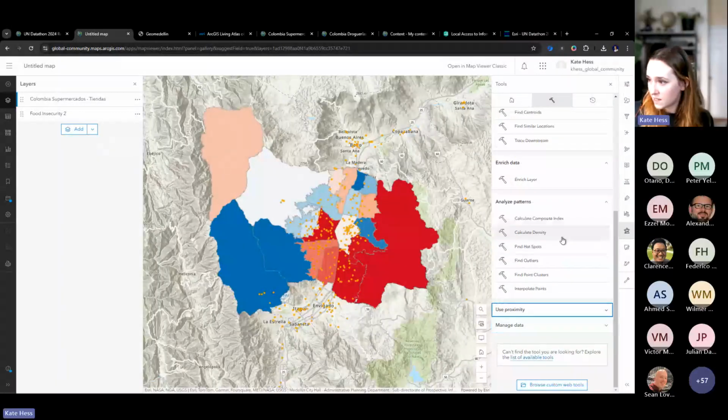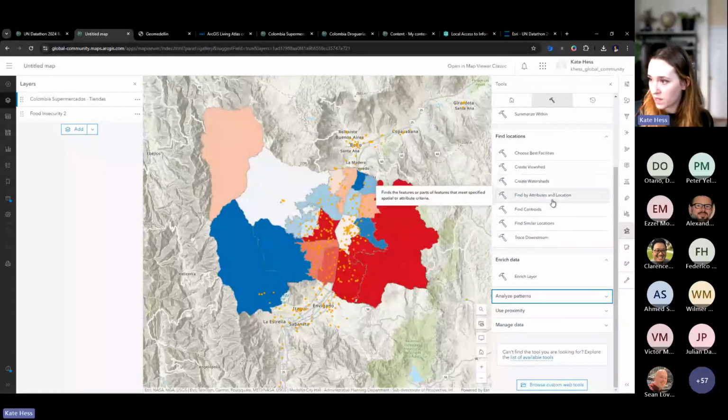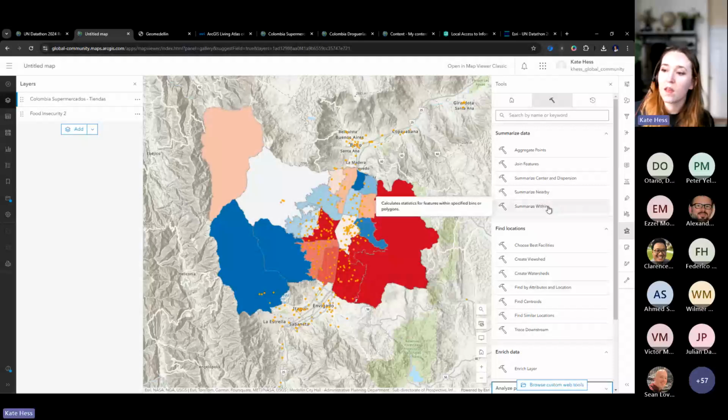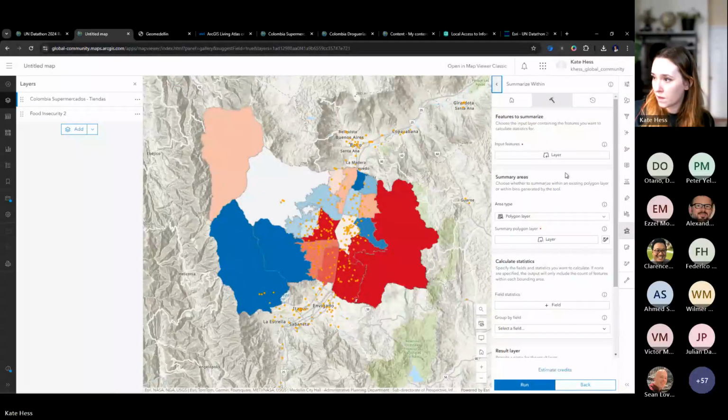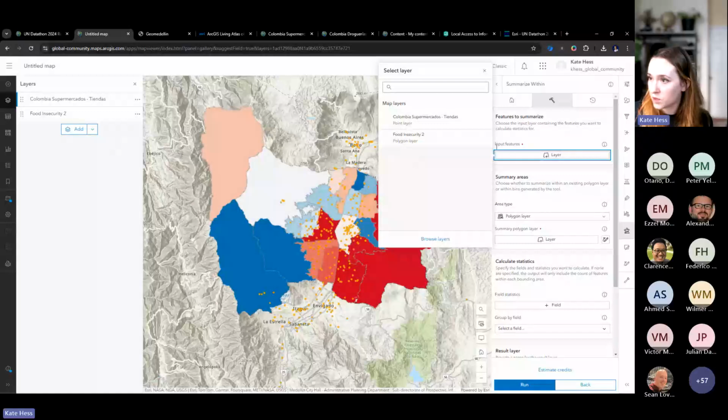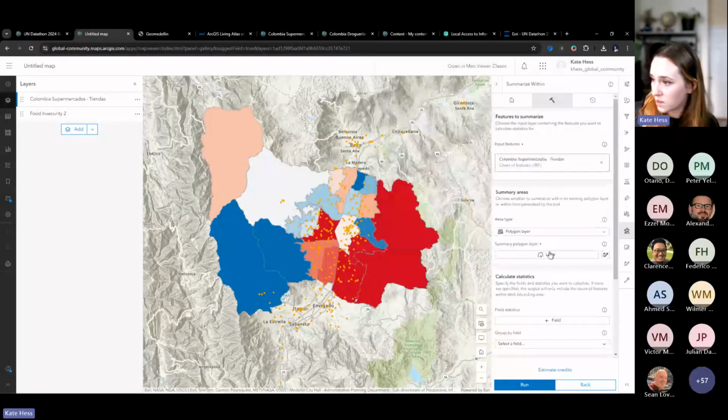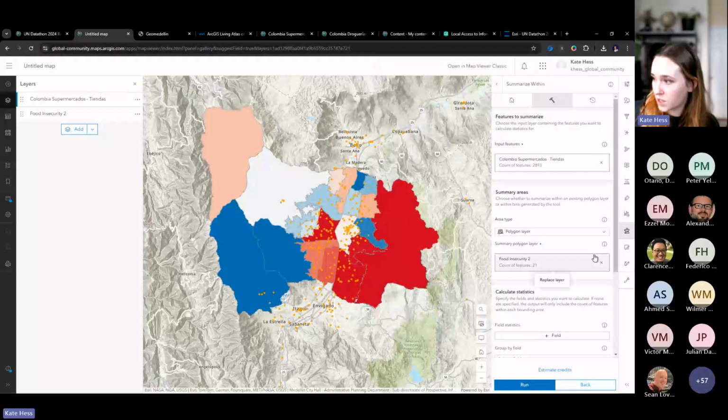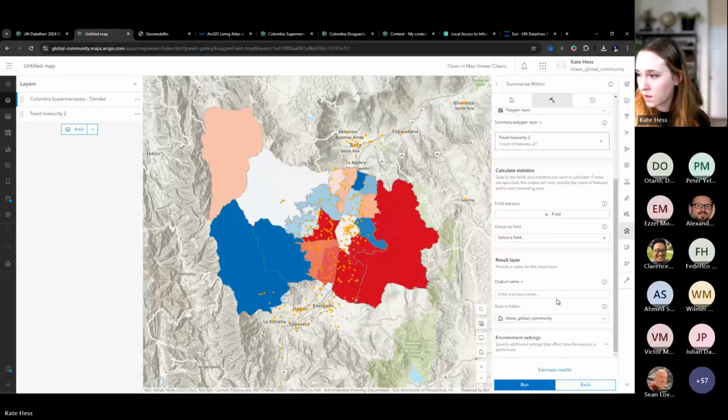So for this analysis, I want to summarize the number of these supermarkets in each polygon. I'm going to select the supermarkets. My polygon layer is the food insecurity. I can give this a name